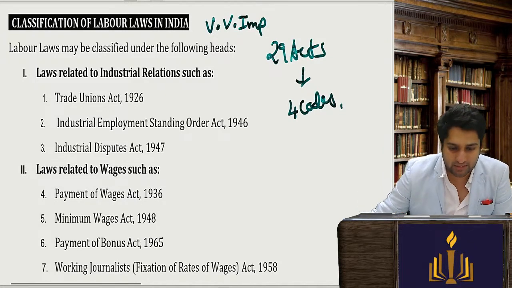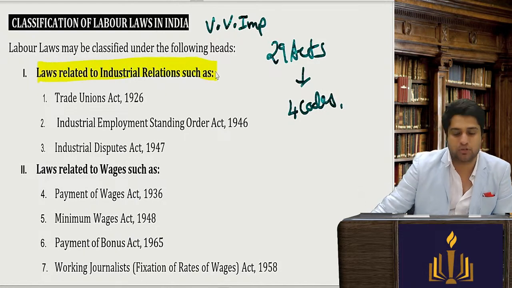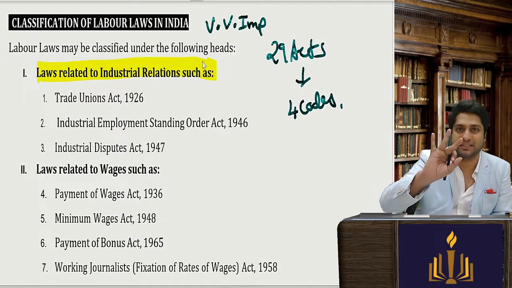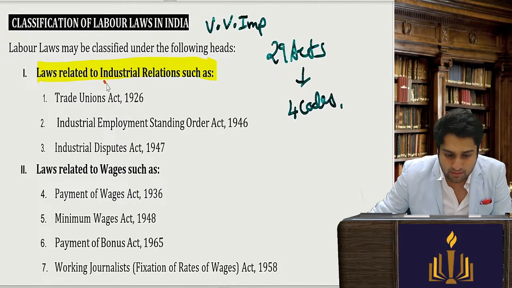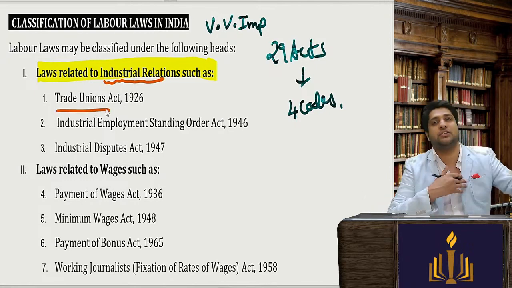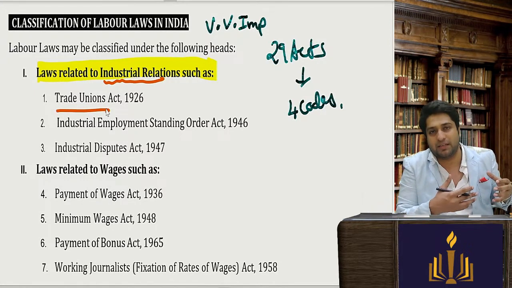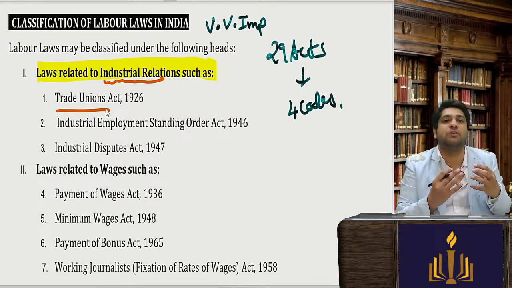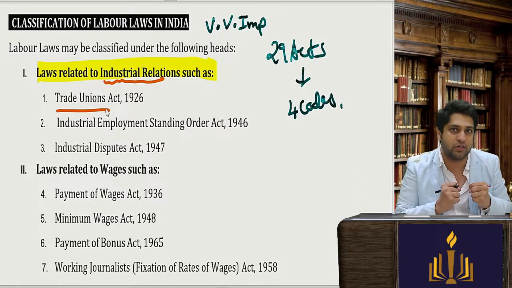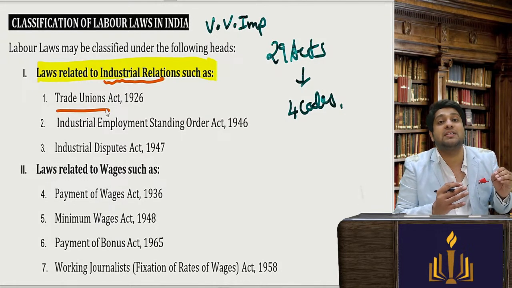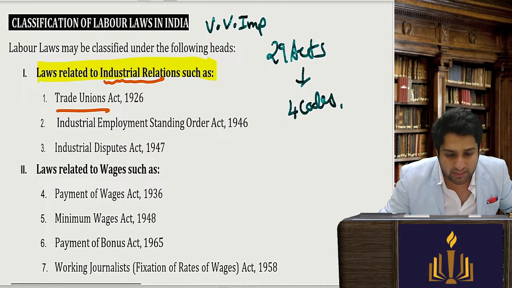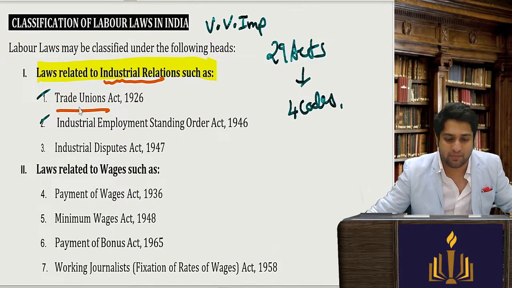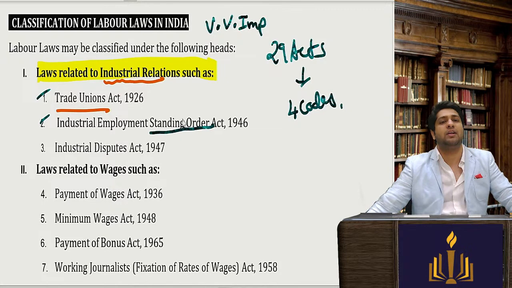The first one, industrial relations. With respect to the Industrial Relations Code, there were 3 acts which have been subsumed into it. So first is with respect to industrial relations, that is employer-employee, workmen and the employer. Workmen were very weak, with less bargaining power, could not demand, did not know their rights. So they were represented by trade unions so that their demands can be allowed. So the Trade Union Act was there. Then there was something called the Standing Orders Act.